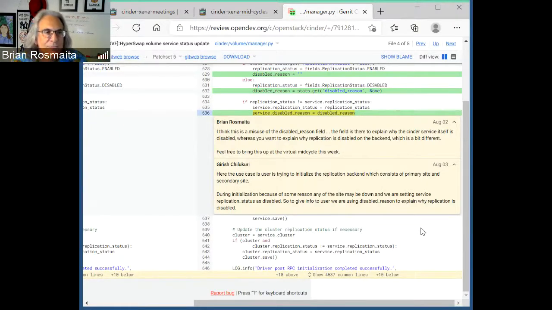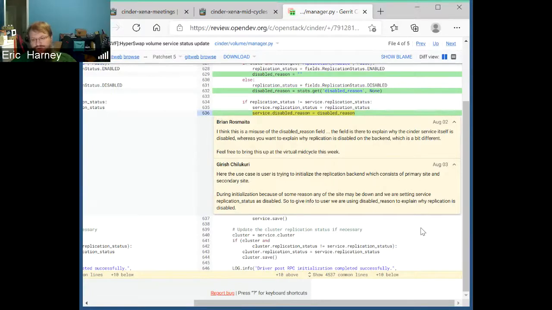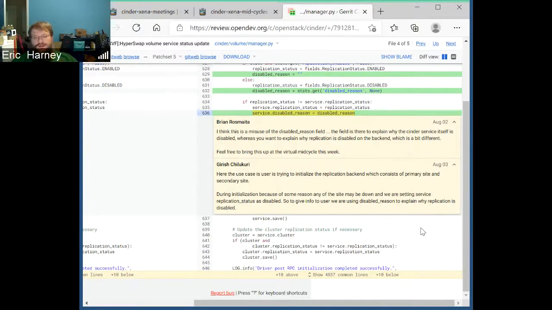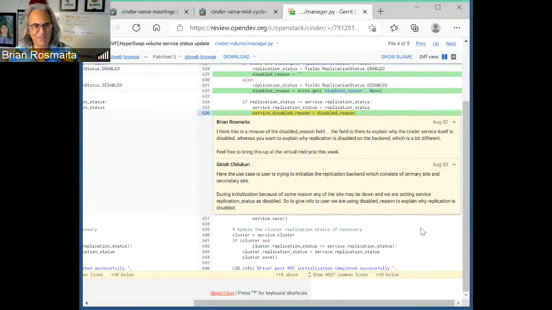Do we have a list of feature patches to review before the feature freeze anywhere? It should be in the blueprints for Xena. Let me grab a link real quick. What about people like me that have feature patches that don't have a blueprint? Probably the thing to do is just make a blueprint, so that we have a way to find it. Unless somebody else has other ideas, I think this is probably the easiest thing to do. Here's the link.